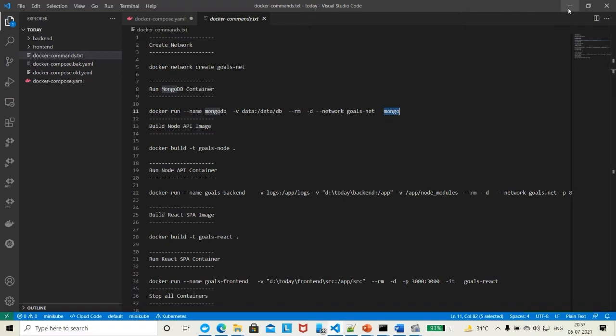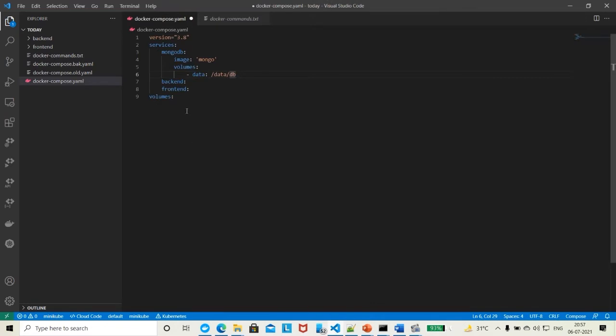So let us go to the compose. Yes, as we told, this is a prerequisite, that we need to give all the named volumes at the end of the compose file, so that it can detect which volumes are required. So this will be the very first container of ours. Let us comment out these two, and run the compose and see what happens.